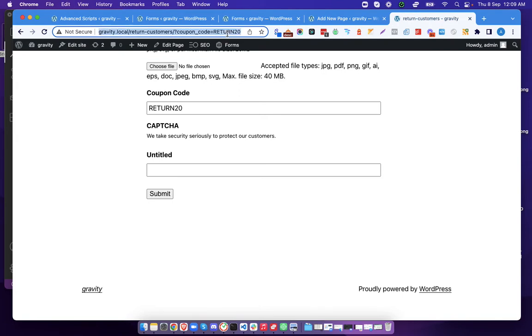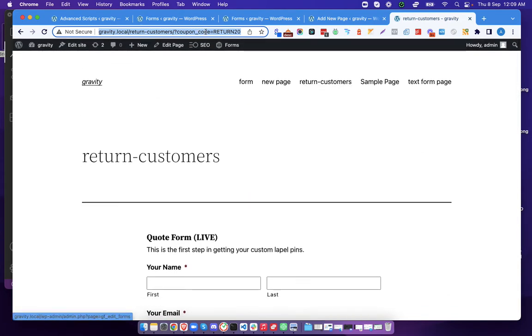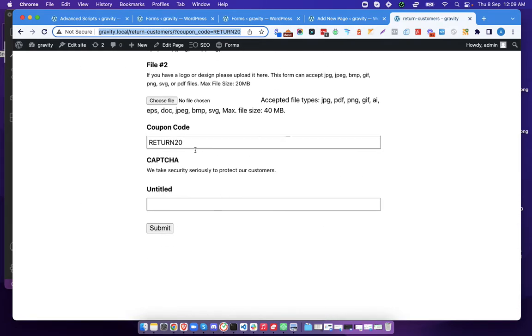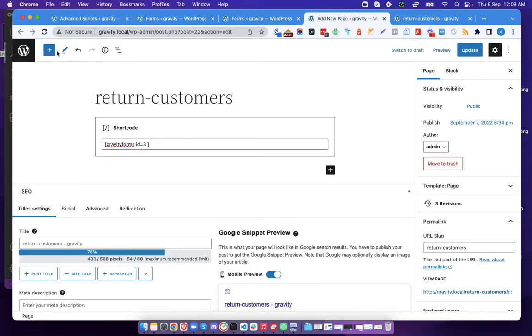So for example, if you have a menu item somewhere here, you can add this URL to your menu item, and then people can click on it and come to this page where it will be pre-populated. But imagine you have a page. Let's add another page,